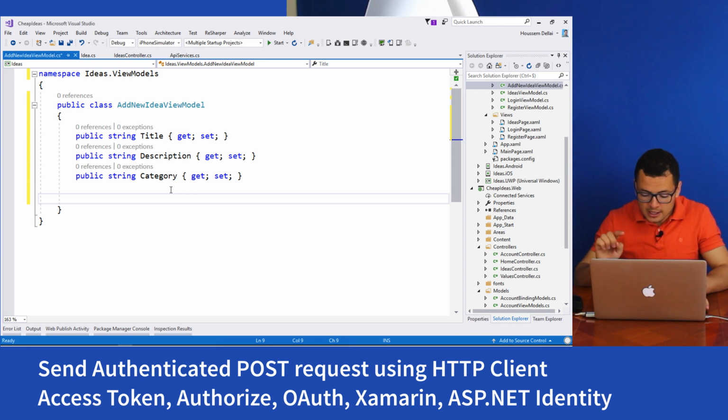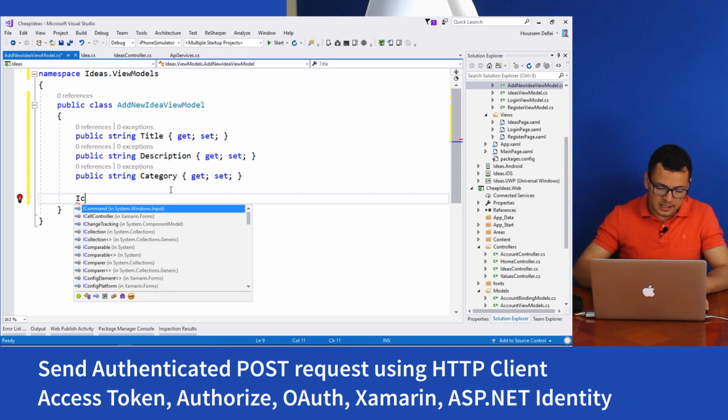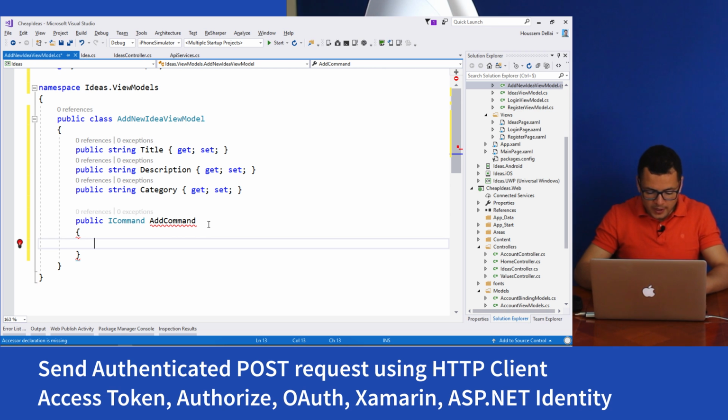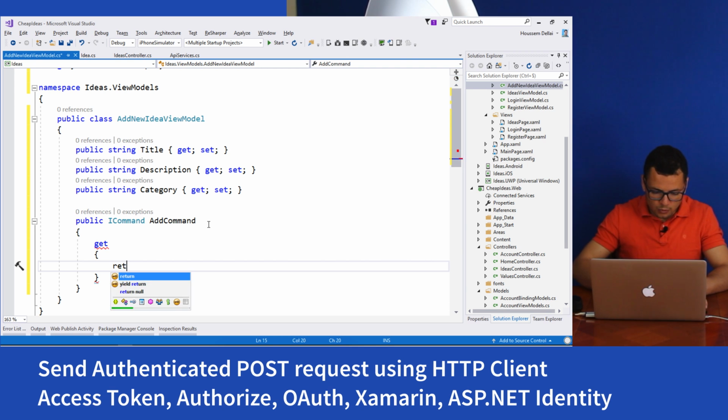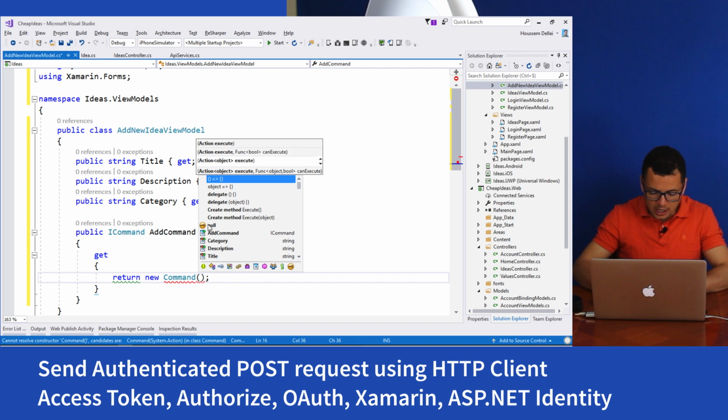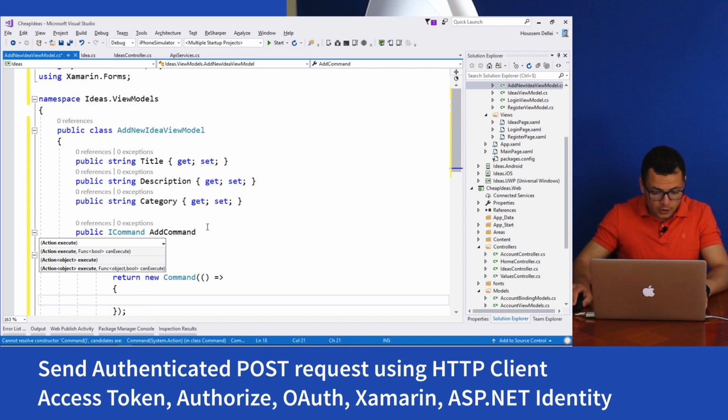Cool. So now the user enters the three values for the title, description, and category. Then he will have to click a button to send those ideas to the web server. Clicking a button, here we are using MVVM, so we'll bind that click to an ICommand. So we say here we have a public property of a command, and we'll call it add command. The add command will have a getter. That getter will return a new command, and all this command will do is call our